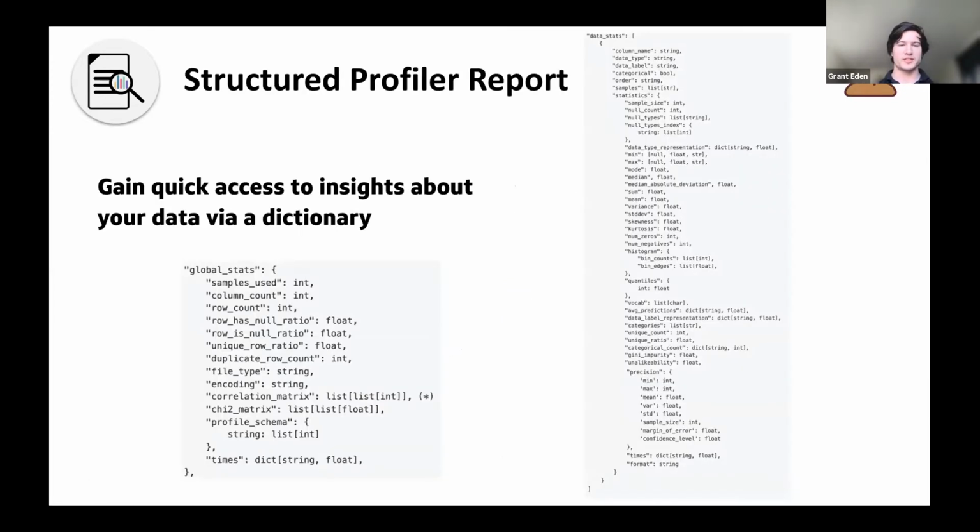So if we look at this structured profiler report, on the left side, we can see the global stats. I'm not going to go through them all, but this includes things like how many null rows there are, how many unique rows there are, what the file type is, encoding. There's even a correlation matrix between the columns. And then if you look at the data stats on the right, it's getting kind of small because there are so